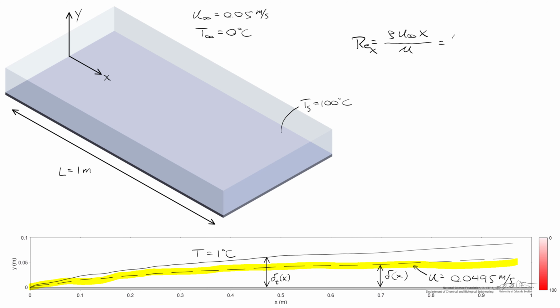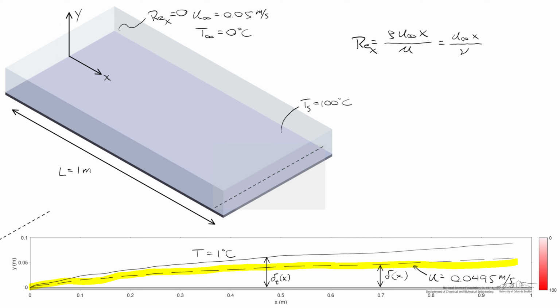And by the definition of our kinematic viscosity, this is just equal to u infinity times x divided by the kinematic viscosity. Note that when we defined it this way, the Reynolds number is a function of x. At the leading edge of the plate, the Reynolds number is going to be equal to 0. So at this dashed line, the Reynolds number is equal to 0. As we move down the length of the plate, as x gets larger, everywhere on this dashed line, the Reynolds number is continuously increasing. And it's increasing in proportion to the distance at which we've moved downstream of the plate.